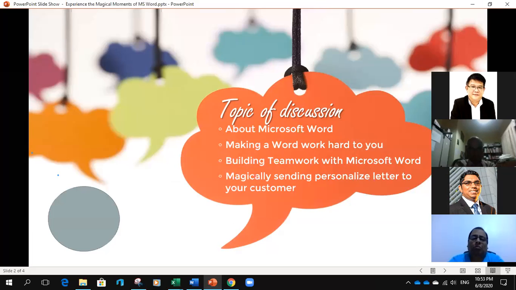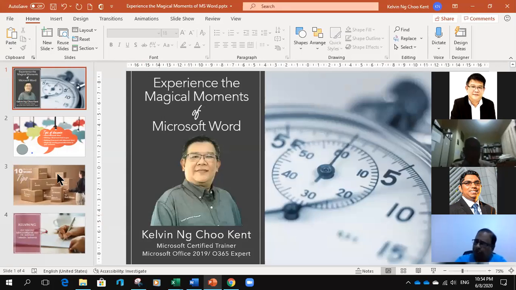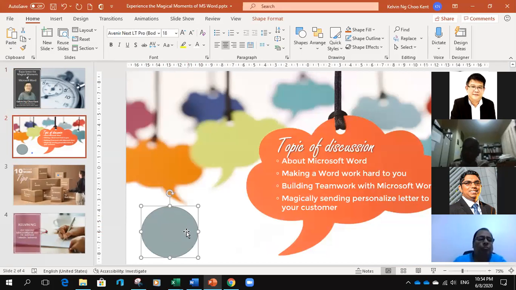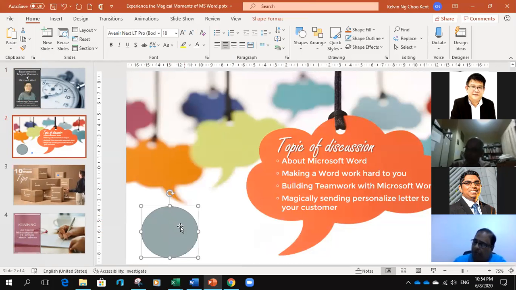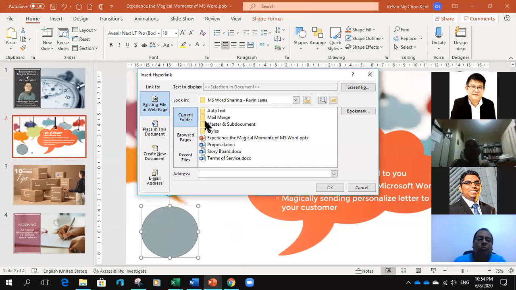Instead of bringing the whole thing over, you just hyperlink it over to your Microsoft PowerPoint, Microsoft Word, and just present it. So the same thing, if you are going to present something in Microsoft Excel, you just hyperlink it. So what you do is select, you draw a shape or whatever, just right click, go to the link. Let me remove the link. Right click, then you choose the link. You can decide where that document is, and then it brings you there.